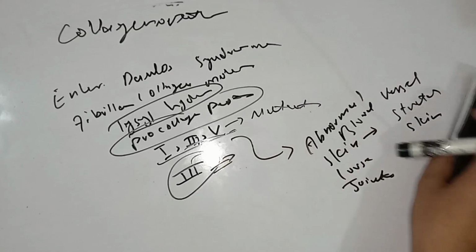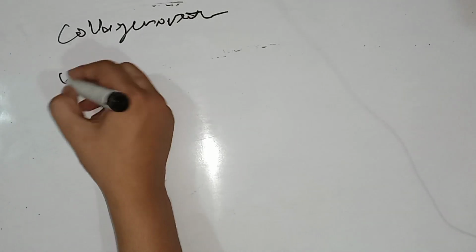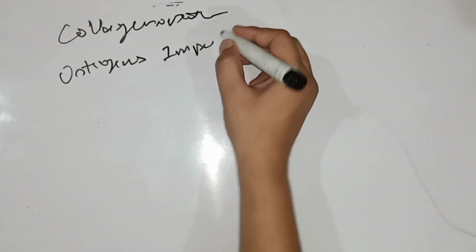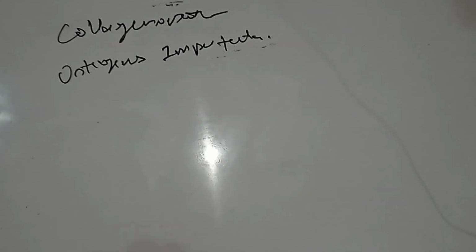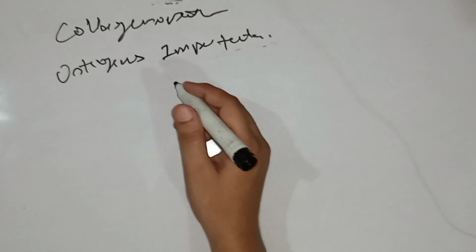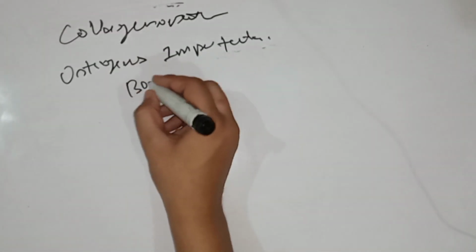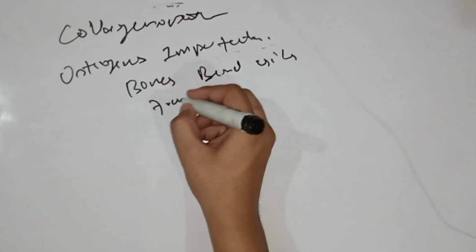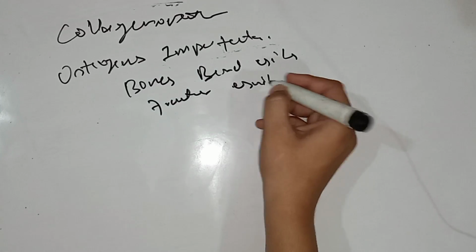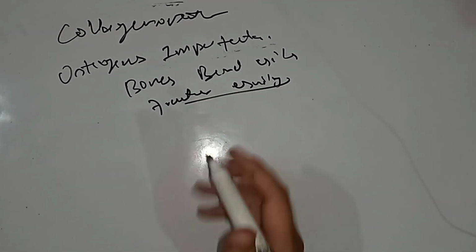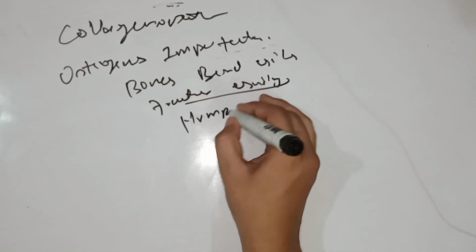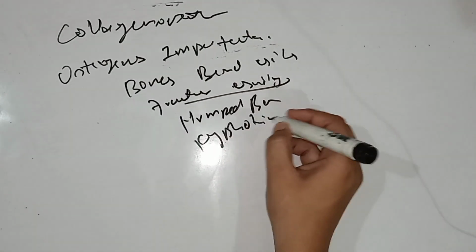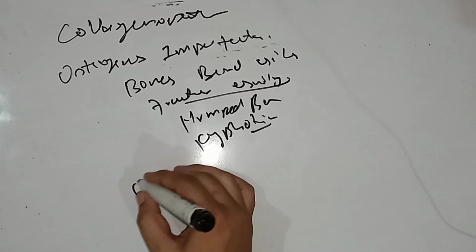Another disease which occurs due to defective collagen synthesis is osteogenesis imperfecta, and this disease significantly affects bones. It is also a heterogeneous disorder in which bones bend easily as well as fracture easily, and there is also a twisted spine leading to a humped back, or kyphotic appearance, due to spinal changes. It has two types: osteogenesis